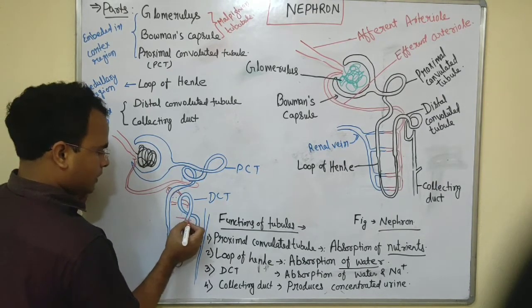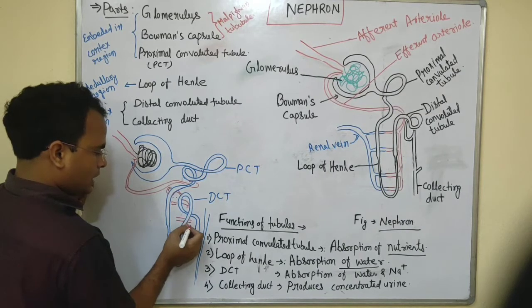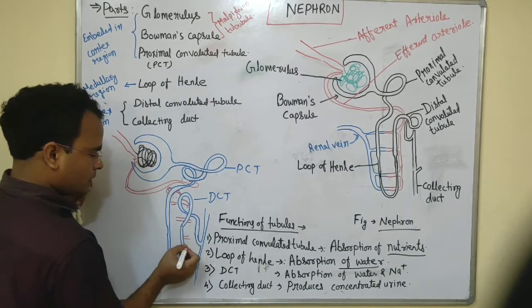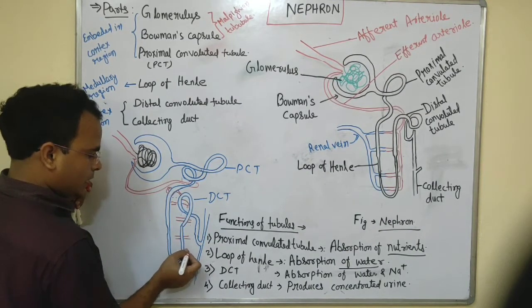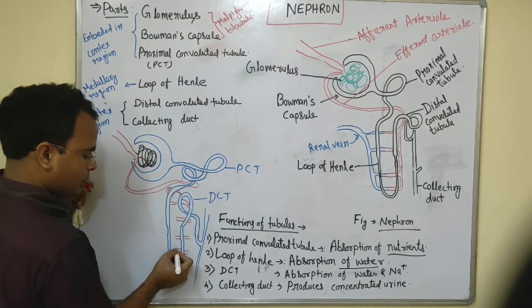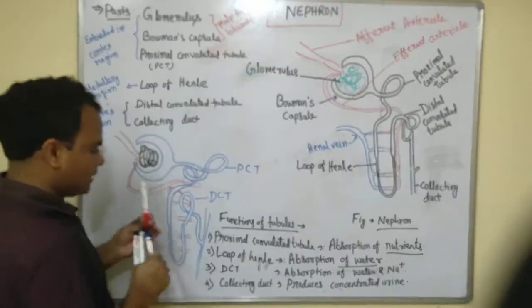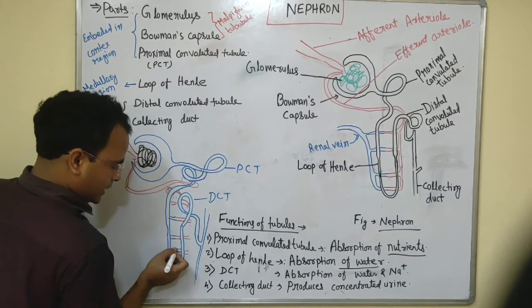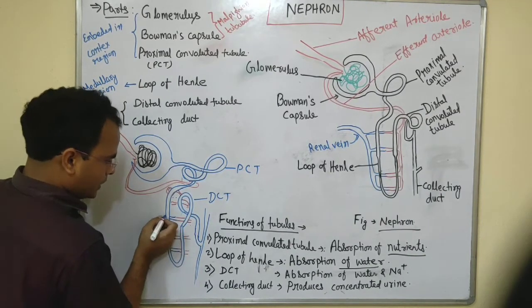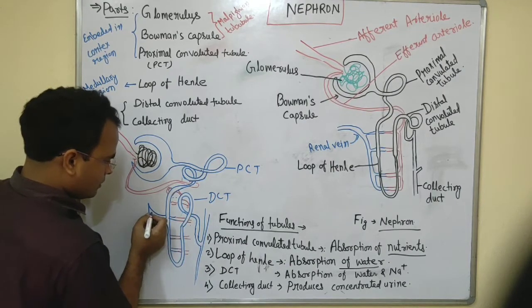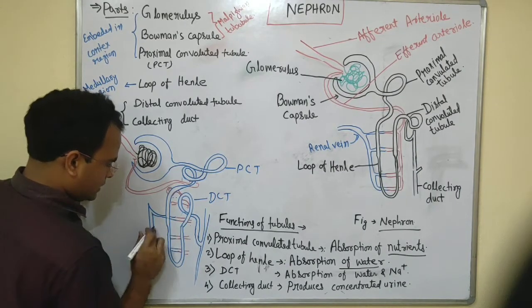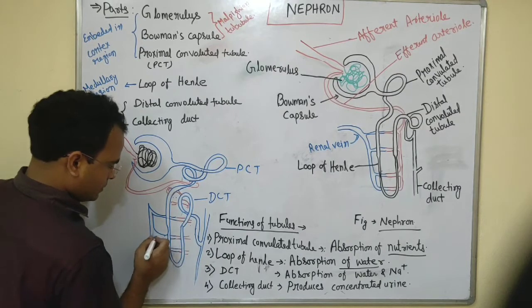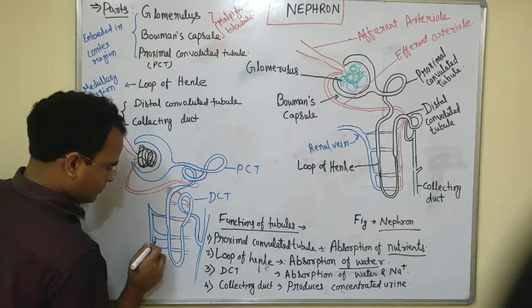On this half side I will make the arterial part, because it will carry the pure blood, and the other will be impure blood, and at the junction you all know there are fine capillaries. So this became our capillary part. Now this is the vein, the renal vein. Just connect it. So this is the renal vein.